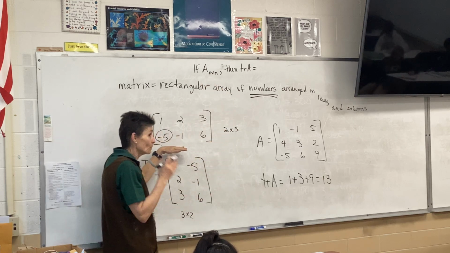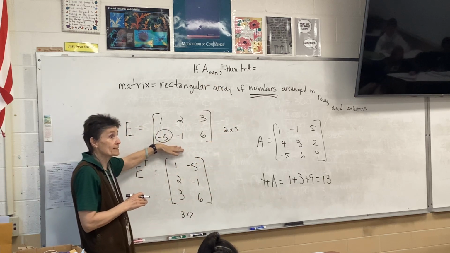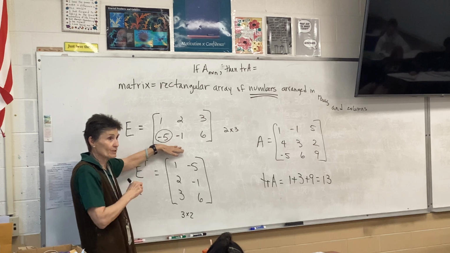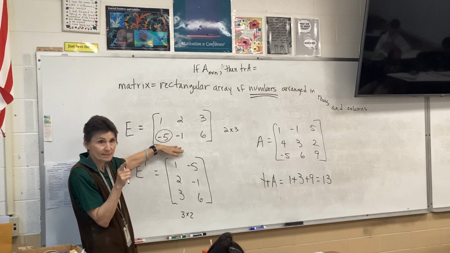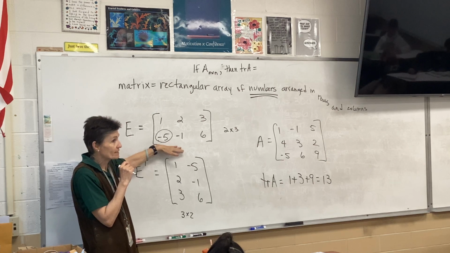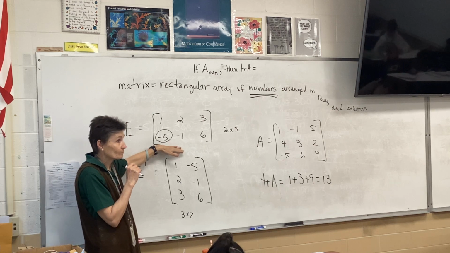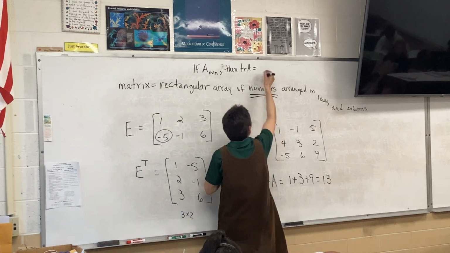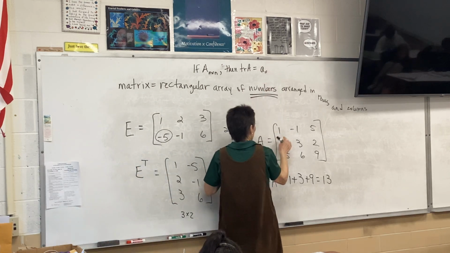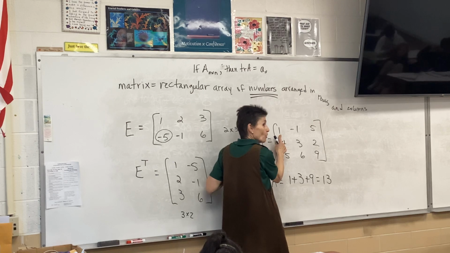I was going to do the trace of E, and then I looked over here and said, oops, I can't, because the only way you can have a trace is if your matrix is square. So there's no trace for E. But I can do a trace here, and it's the entry in the 1, 1 spot, first row, first column,